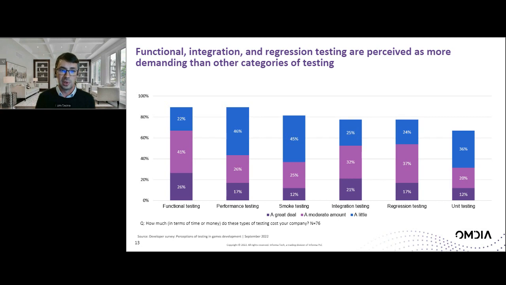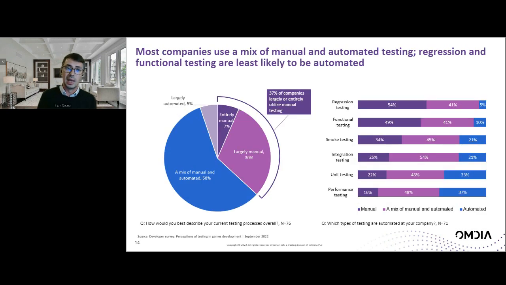So when we look at functional testing, there's a very high proportion of respondents who consider that it's costing a lot, either in terms of effort or in terms of money, to handle that kind of testing at their company. Whereas with some other types of testing, notably performance testing, we see a lot of blue here. Most people are doing it, but they're more likely to find it not so burdensome. So it's very much a mixed picture. It depends what sort of testing we're talking about. It's really a variety of different topics rather than a single monolith, which is something that comes through as well